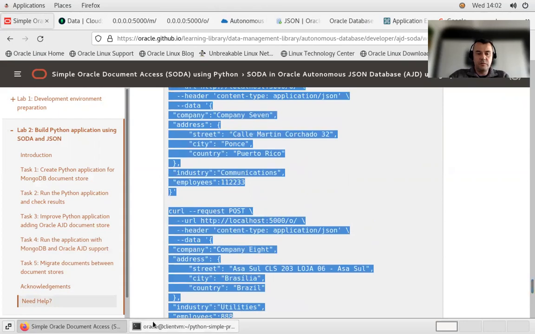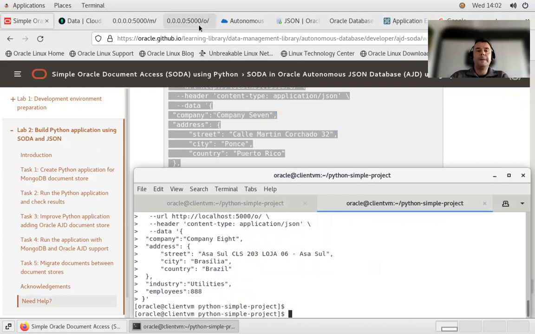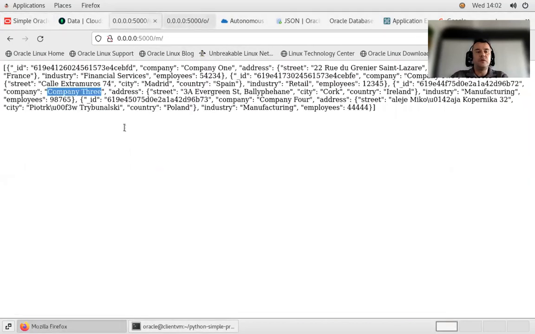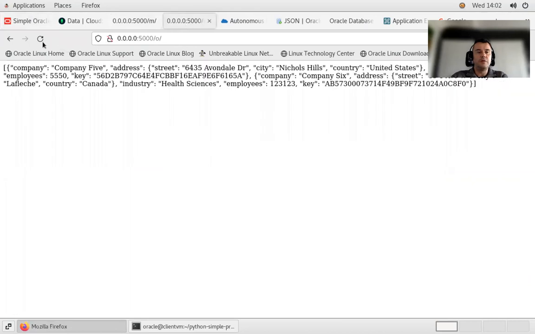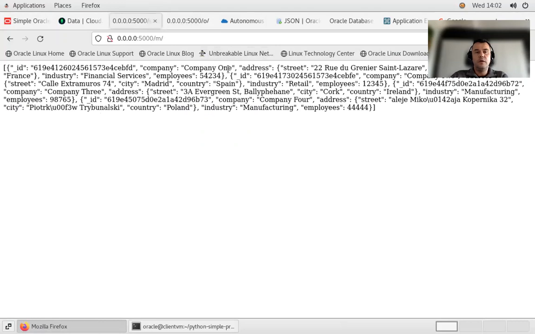These are the documents I'm going to insert now in my autonomous JSON database, just to have 4 documents in each one of the data stores. So I have company 5, 6, 7, 8 in my Oracle, and 1, 2, 3, 4 in